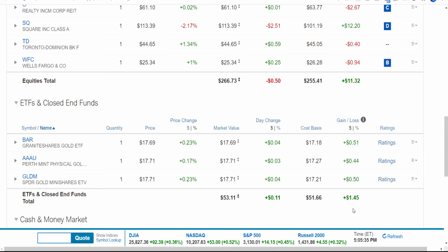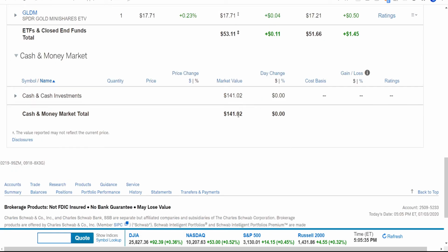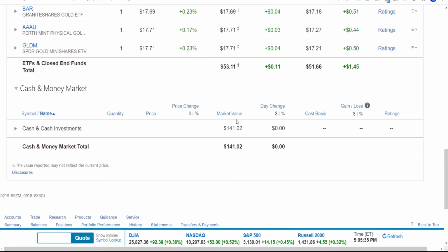I'm also holding $141 in cash, which can't lose money, but it also can't gain money. So that's kind of not the best investment, but we are in the midst of a very uncertain, high volatility market. Who knows what's going to happen next? We don't know what news is going to come out, so I'm being very cautious of what I'm investing in,